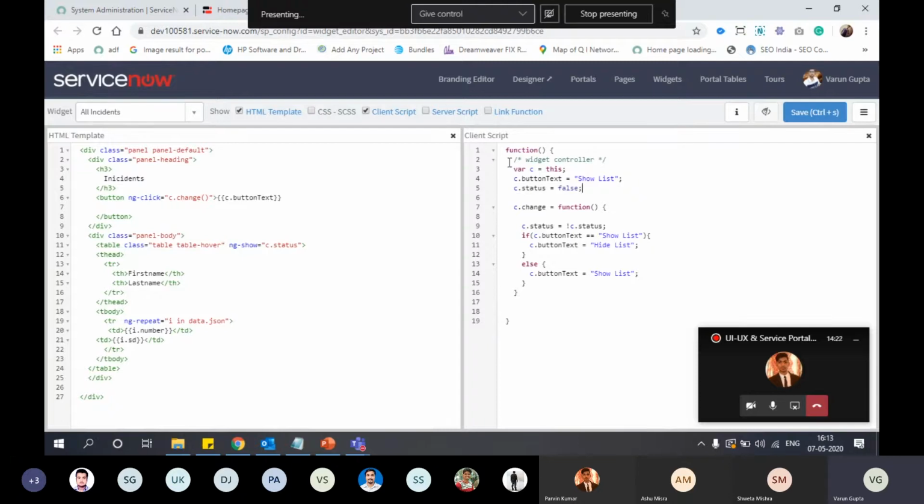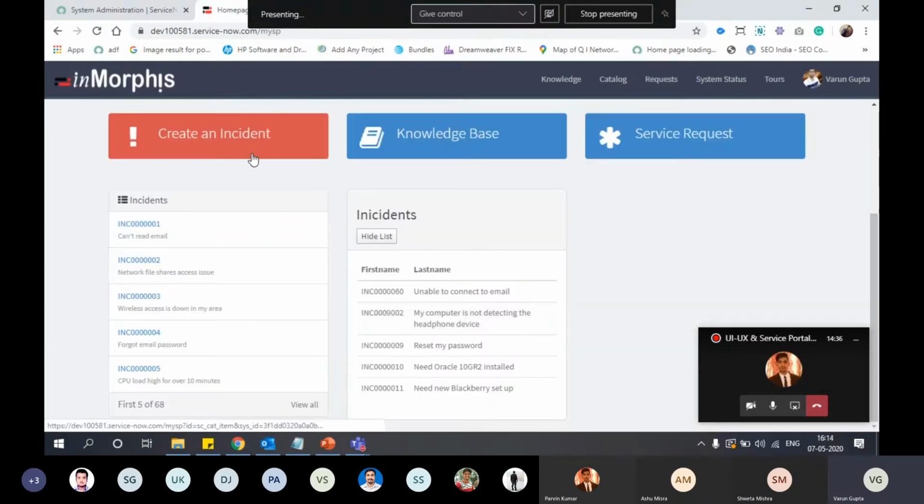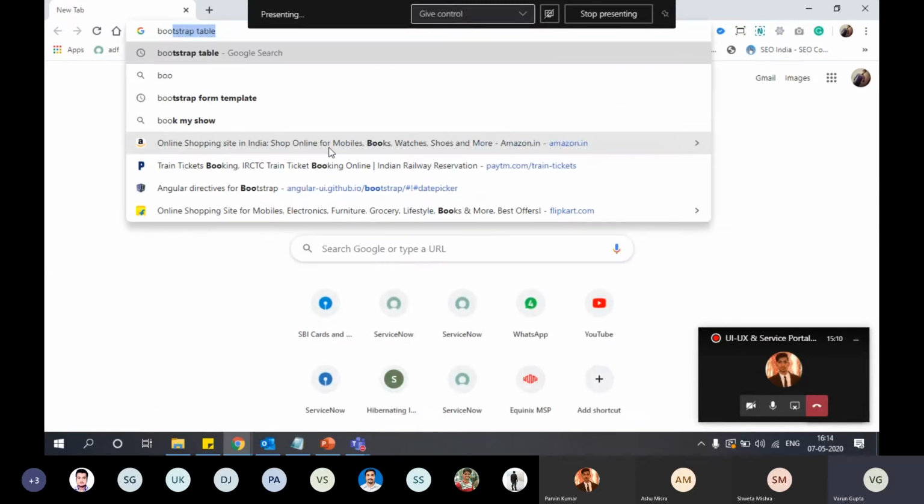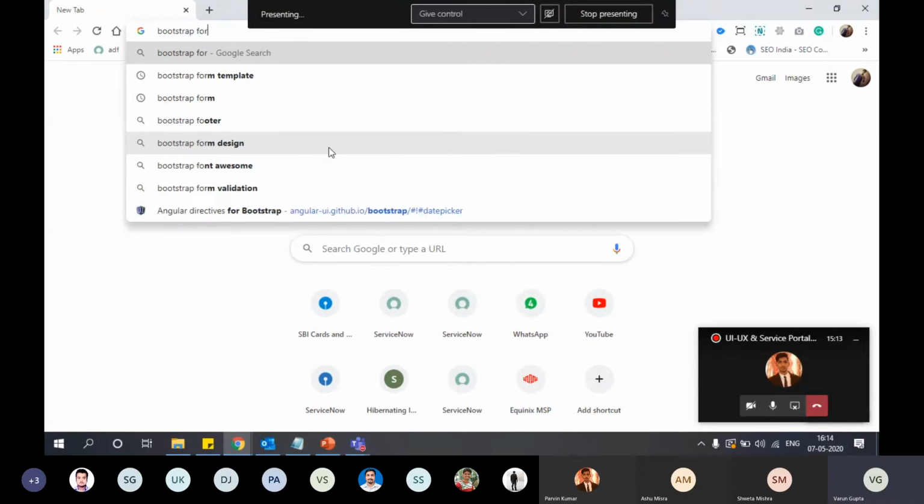Now we'll use a bootstrap template form.